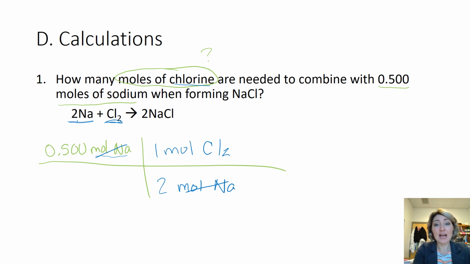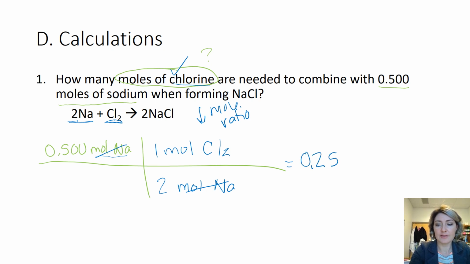So what I have done by using this mole ratio step, and this is your mole ratio, this is the stoichiometry, everything else you've already done with mole conversions. This cancels moles of sodium and it leaves me in moles of chlorine. Looking back at my problem, that is exactly what they asked me to find. So now I'm ready to draw my equal sign and calculate. So 0.500 times 1 is 0.500. Divided by 2 gives me